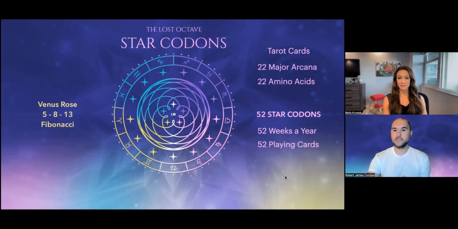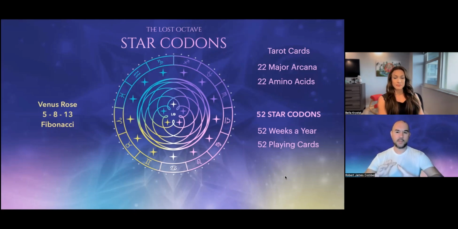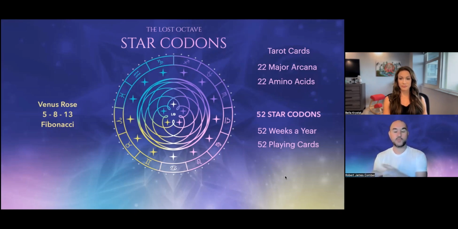And so with the tarot cards, we have the 22 major arcana cards, and there are 20 main amino acids, and there's actually another 2. So there's 22 amino acids. So again, we're looking at the fact that there's the playing cards plus the major arcana. They're all in this symmetry of numbers. They all add up to the same. So it's showing that as we move through the star codons, we're activating every archetype, we're activating all the cards, we're activating all of these star laws as we move through it in this way.